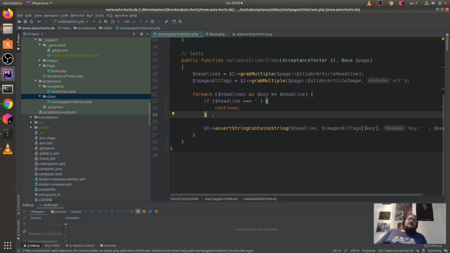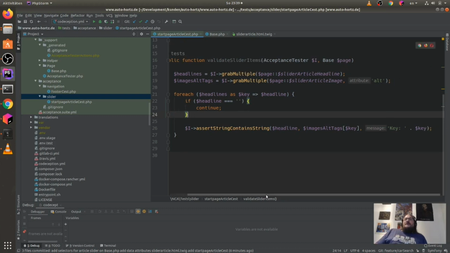This is very easy to read for us, and after that we can say, okay, here we have an assert string contains string for the headline, and we will check if this is part of the alt tag of the image. And for a better overview, we give this message to our terminal so that we can see what key maybe has problems here.